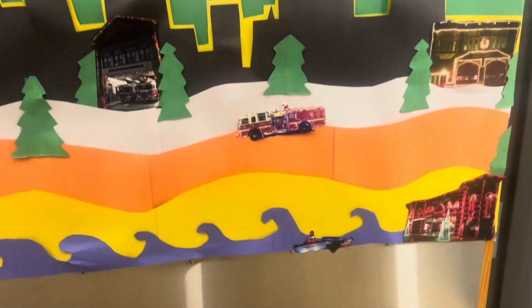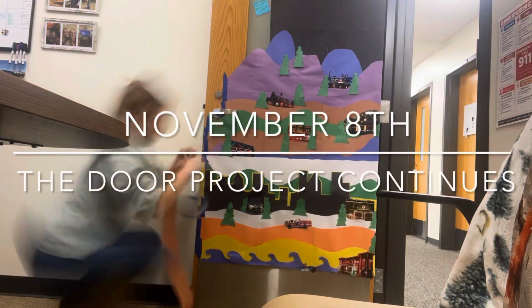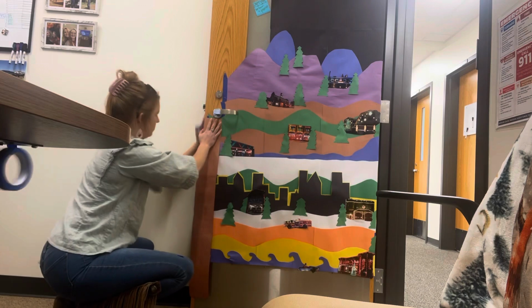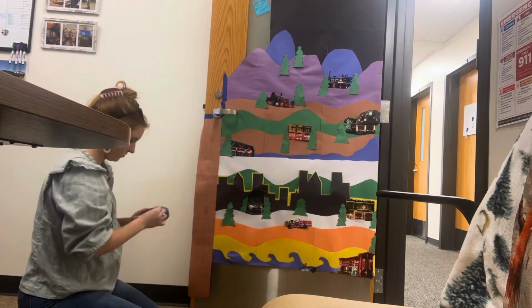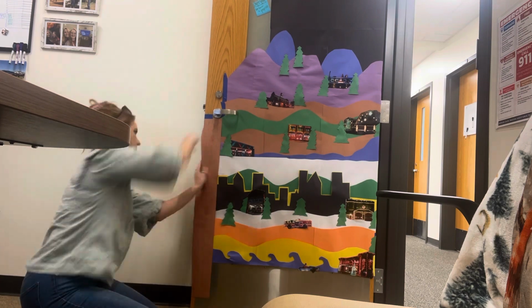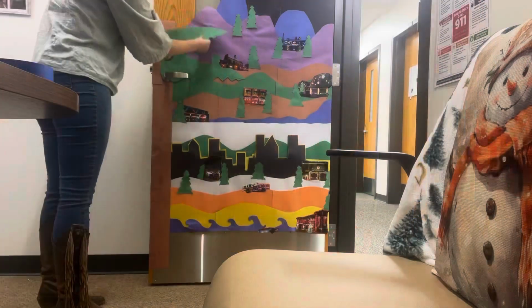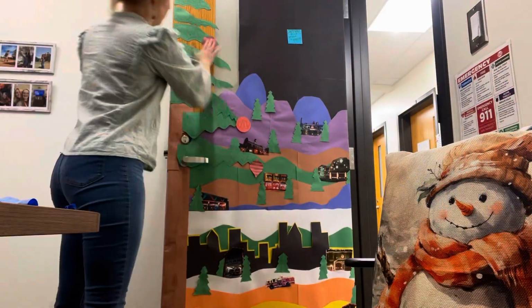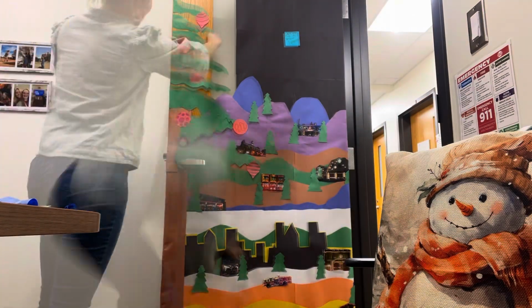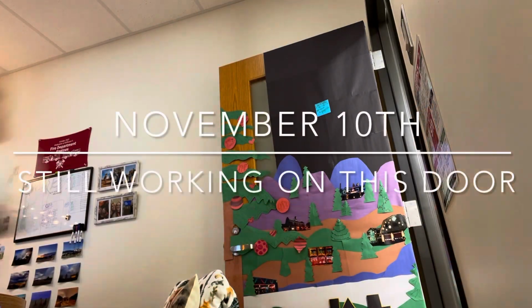Now, admittedly, the end of my week ended up being absolutely crazy, and so I had very limited time to work on this project every day. So the goal here was get a tree up and hide the ugly tape. So we did the donuts on the side that the people can see and actual tape lines down the side that people can't see. And I did not have a lot of time this day, so I just cut some pieces and got them tacked up, made a few little ornaments, thought those were fun, got some input from a student, and put up a few more trees here and there, and then could not work at all on Thursday,